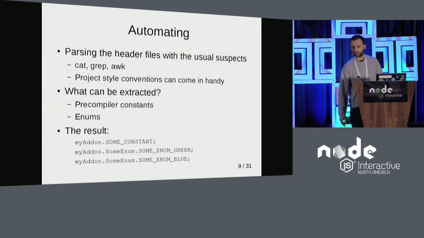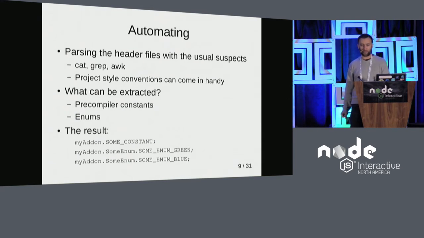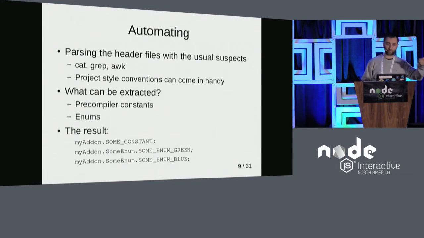So that way you get a structure like the one at the bottom of the slide, where in your header you have number defined, some constant 5, right? And so you end up with like module.exports some constant equals 5, basically, except declared in C++. And for enums, it's kind of good to have the name spacing, because in C you don't, like you use the enum as if it were a constant, but in JavaScript it's a good idea, because you get this nice sort of a semantic relationship,